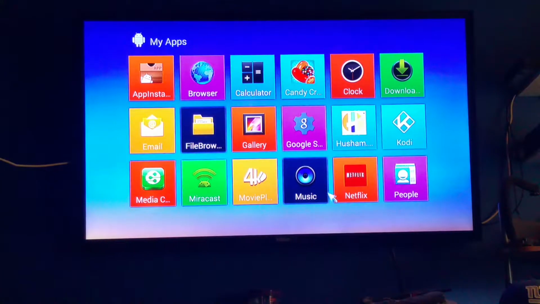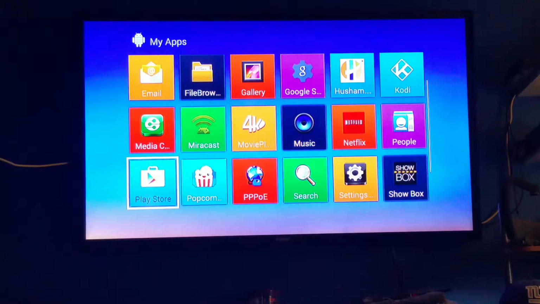You see we have the Netflix here. Like I said, I don't use it because Kodi has everything. Kodi's right here. We're going to scroll down. I haven't tried out Popcorn. I don't know exactly what that is yet. You have a search box to go on the web, and you have Showbox. For those that don't know, Showbox, you can download it on an Android phone only. On here, it gives you movies, TV shows. I use it on my phone. I don't use it here because Kodi gives me everything.